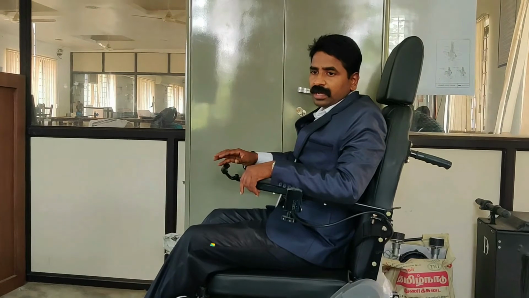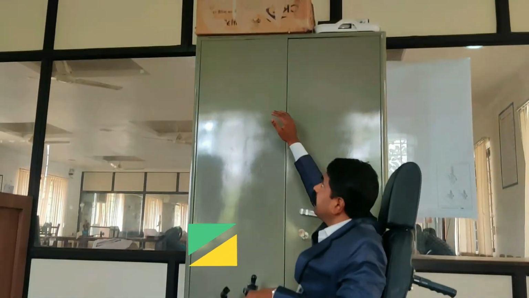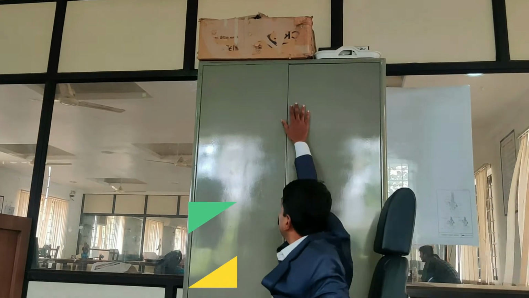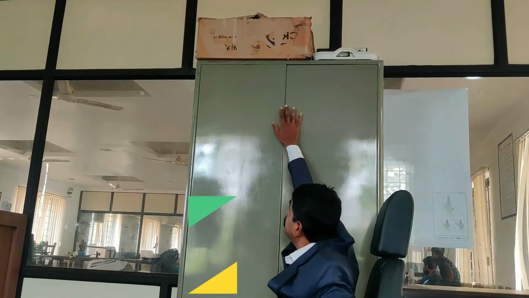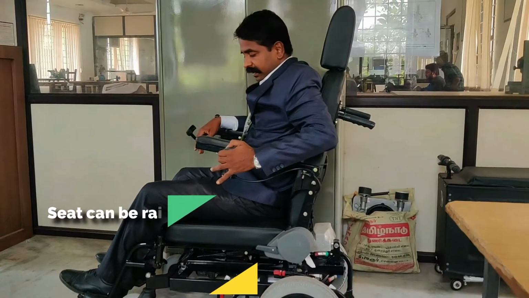Now we are going to see the height adjustment mechanism which is incorporated in this wheelchair. So normally the physically challenged people find some difficulties in picking up the objects placed at some different heights. Say on the top of a shelf or on a rack or on a top of a bureau as you can see over here. So this is my maximum height which I can raise over here. Now I am going to incorporate the height adjustment mechanism as you can see over here.